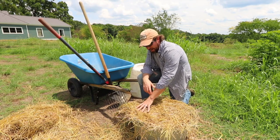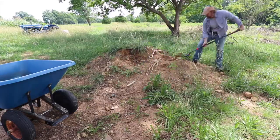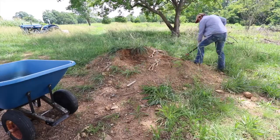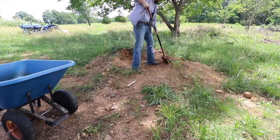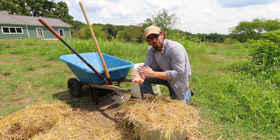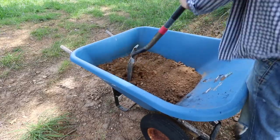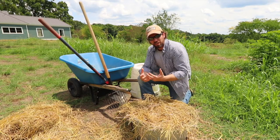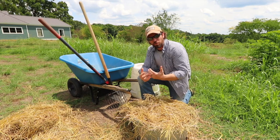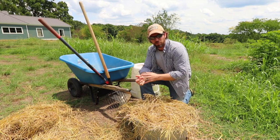So I went and I dug some fill dirt out of one of our leftover piles, and it was pretty much as I expected. There was some rocks mixed in because it had been moved around, and it was pretty tough to dig into. But I put it in the wheelbarrow and I kind of broke it up and moved out any rocks I could find. The next thing I did was I needed to find some organic material to add to my fill dirt to make it more suitable and have a little more nutrient-rich attributes,